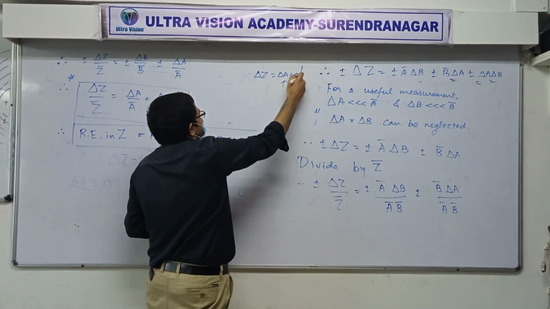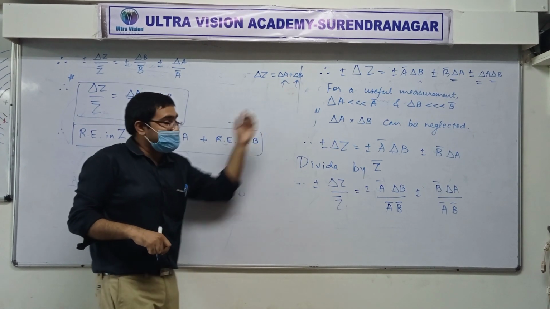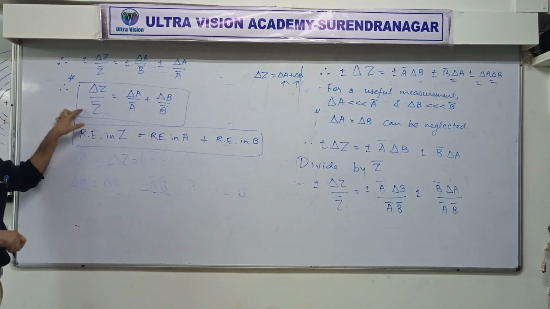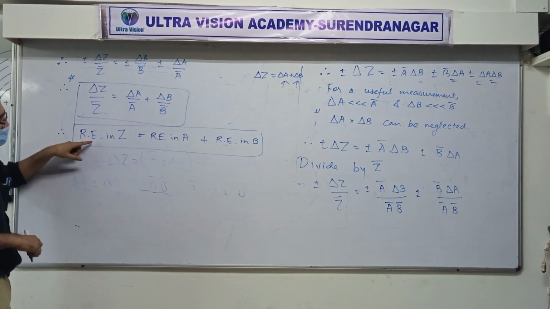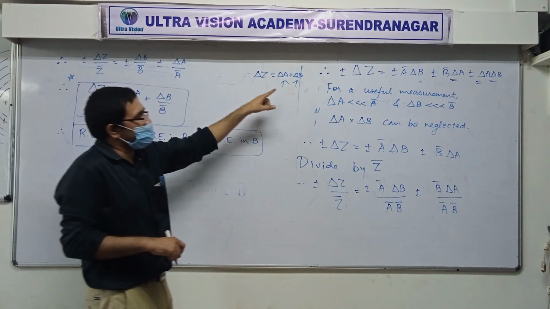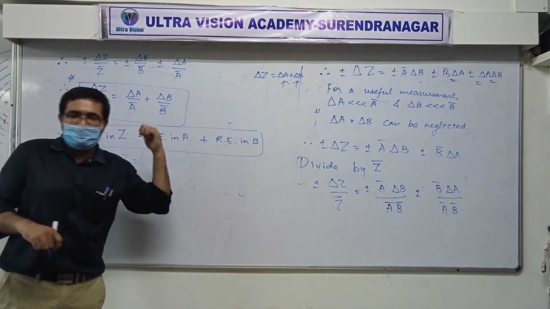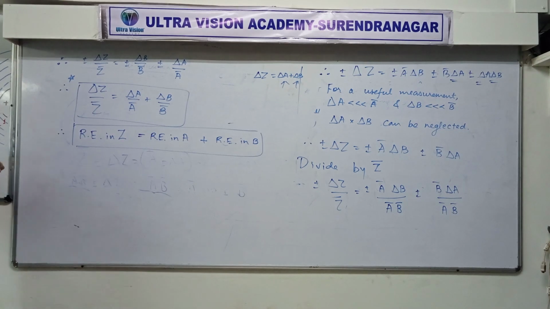See, this is absolute error, yes or no? We don't get a relation like this. Instead, we get a relation like this. What that means is here in multiplication, we should not add absolute errors. We should just add relative error. Relative error plus relative error gives you relative error in Z. Got that? Okay. We have one more step.